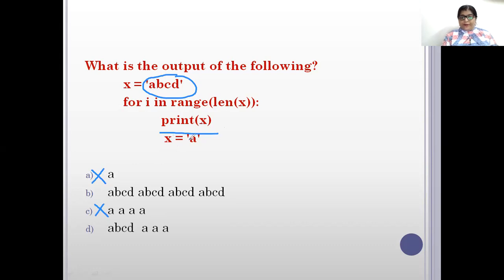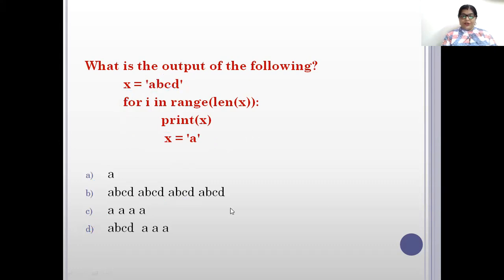Now, X is equal to A. Now, what has X become? A. For I in the range length of X, what is the length? 1, 2, 3, 4. It means 4 is the length. So how many times will X be printed? Because it just moved, again it iterated. Now X is A only. It will not print A, B, C, D. It will print only A. But here what will it print? A, B, C, D. So what will be the answer here? The answer automatically comes as D because X becomes A over here.